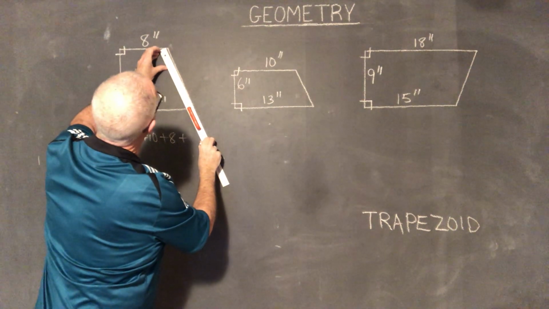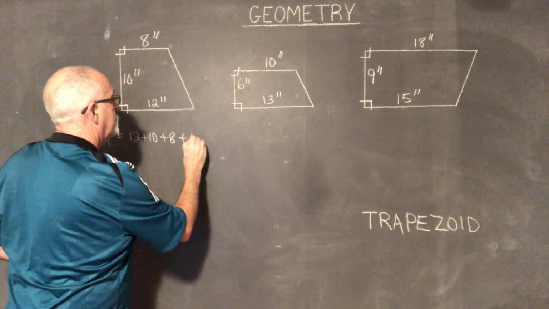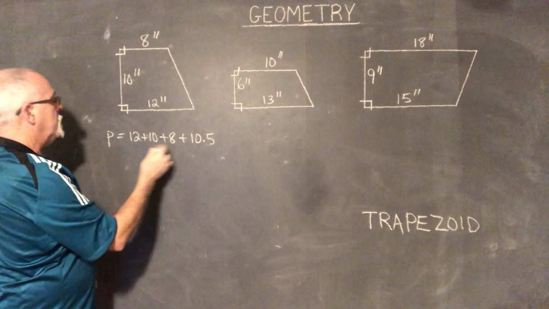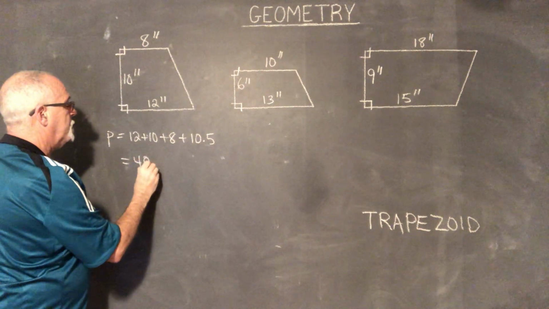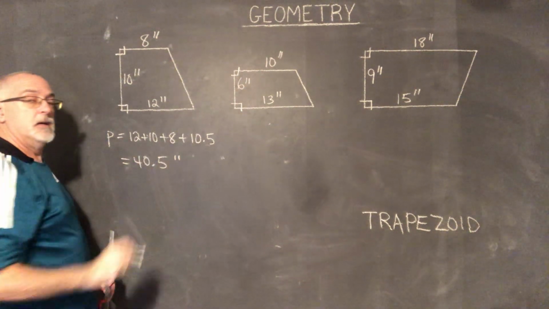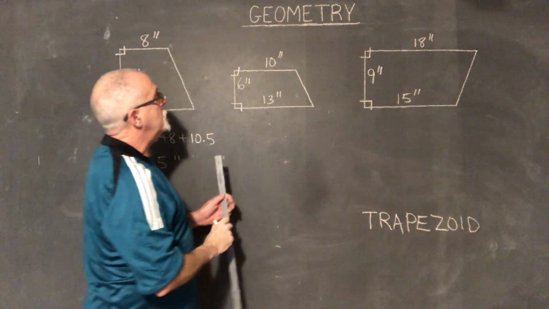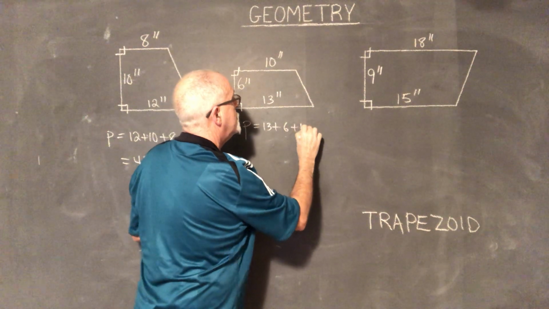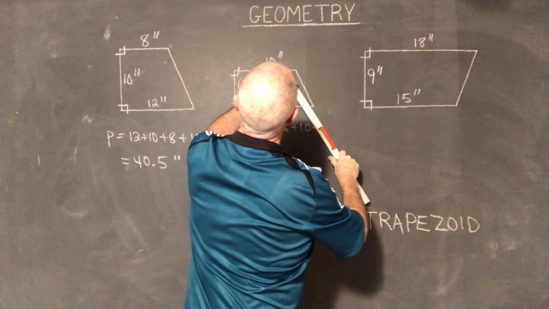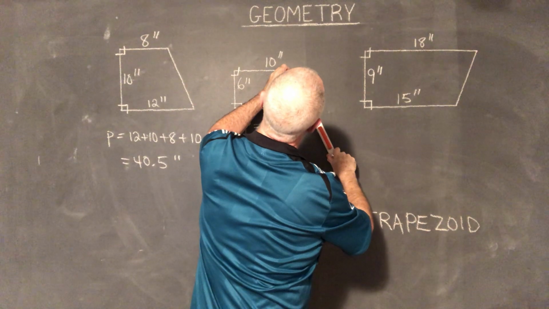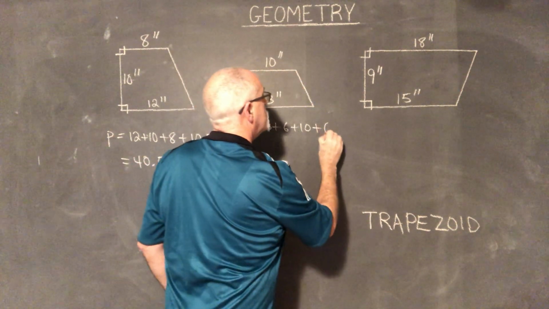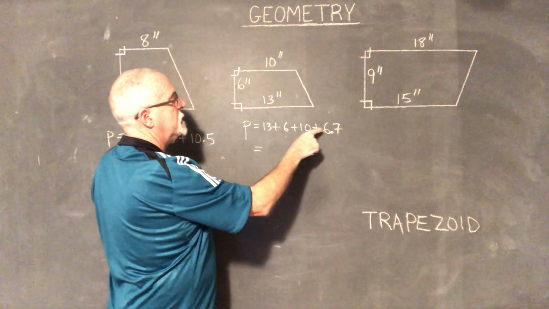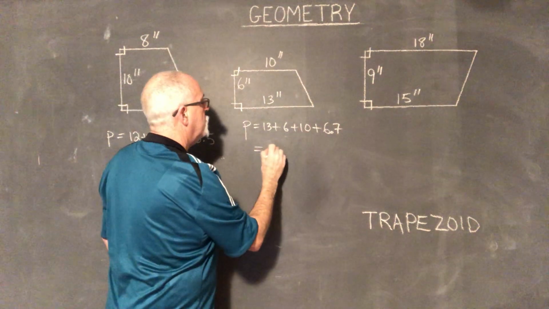And that is giving me, I will call that 10.5. So 12, 22, 30, 40.5, we have a 40.5 inch perimeter. Let's do this one. Perimeter equals 13 plus 6 plus 10 plus, what is this? It's going to be more than 6. Will it be 7? No, I would call that more of about 6.7. So 13 plus 6 is 19, plus 10 is 29, plus 6.7 is 35.7